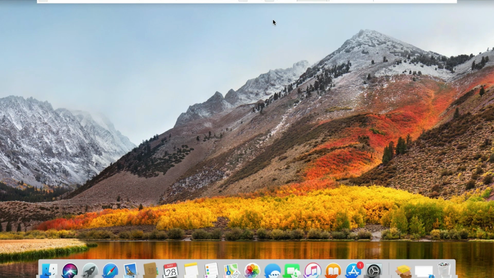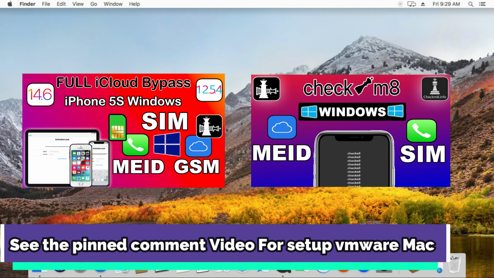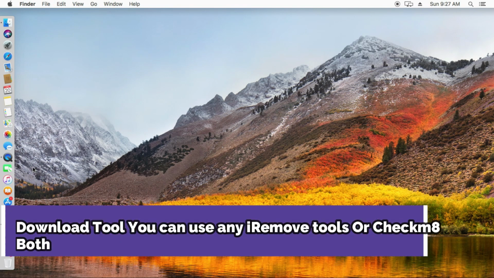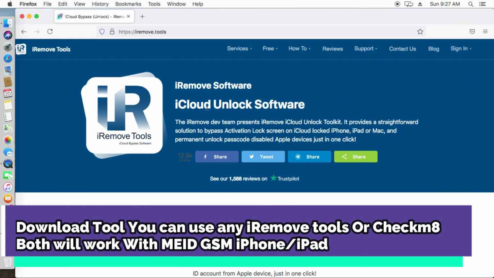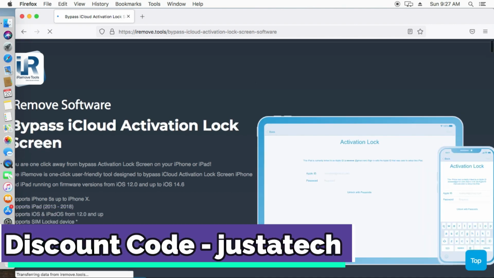So you can bypass it all with Windows using the MEID tools. I have already set up the Mac on our Windows machine using the VMware software, so I request you to watch that dedicated video. In that I have explained each and everything in detail, and now you just need to download the software,